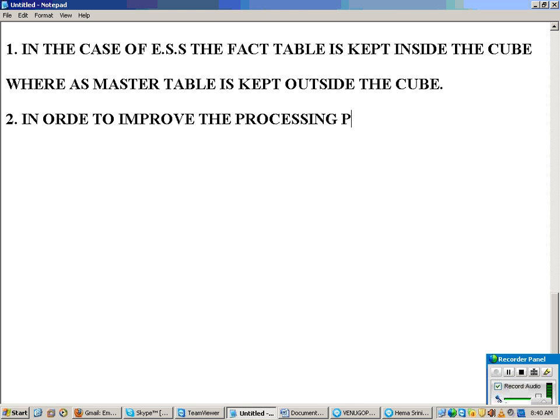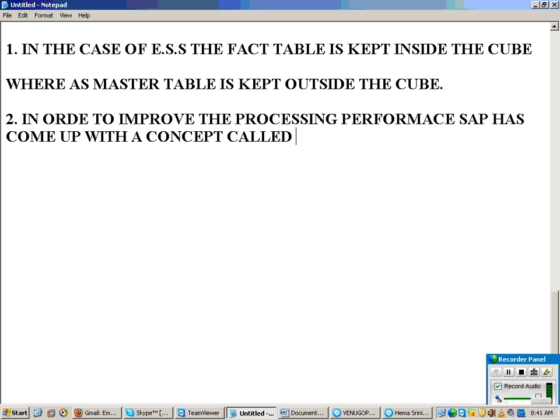In order to improve the processing performance, SAP has come up with a concept called SID technology.